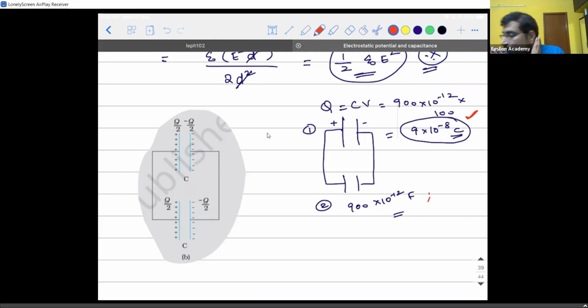Okay. Rohan, listen. This 9 into 10 power minus 8 is the total charge stored when one capacitor was connected across one battery. Now the charged capacitor is removed from the battery. So it will have the total charge which it has acquired from the battery. Correct? Now, this charged capacitor itself is going to behave like a battery with respect to this uncharged capacitor. Now, how will the charge on the initial capacitor, that is capacitor number 1, get distributed across 2 is my question.